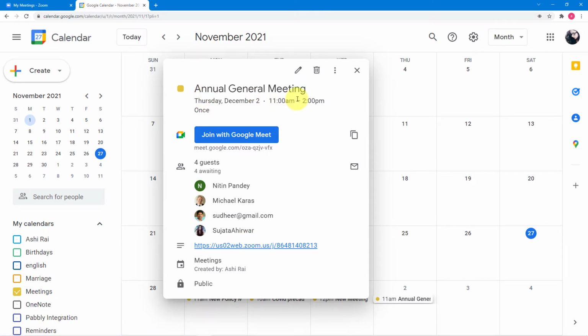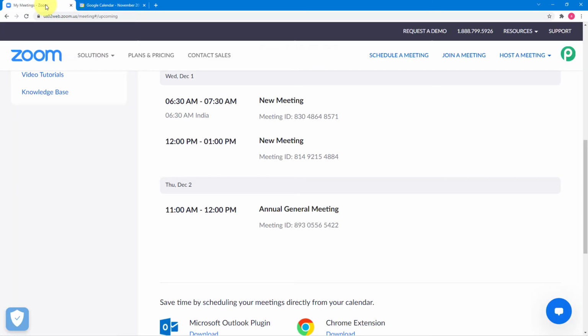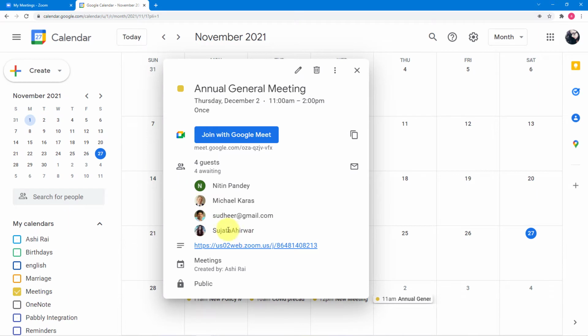So now you guys are wondering how I managed to bring this data to and fro between Google Calendar and Zoom, how I created a meeting in Zoom just by adding an event in my Google Calendar, and how the joining link of the meeting got updated in the description of the event as well. So let me give you the easiest possible steps by which you can also make this automation.